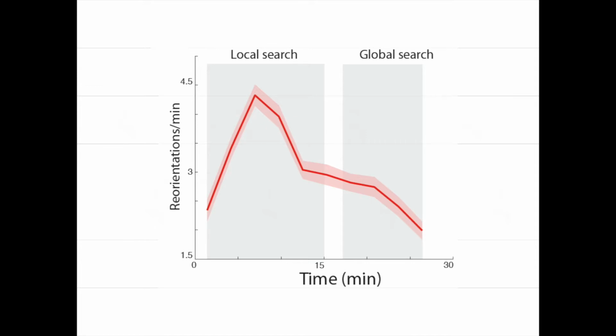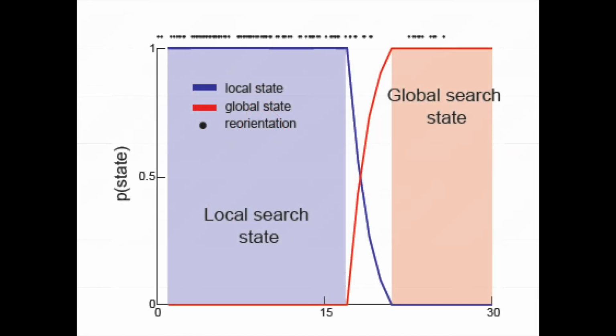One of them is that in the model, the transition between a local search and a global search is abrupt, whereas in experiments, if we observe the number of reorientations per minute, which is roughly how much they make turns, the transition from the local search to the global search is more smeared. So the question to address was whether this discrepancy is due to the fact that we averaged across many different worms, many different experiments. One could answer that question by applying hidden Markov models